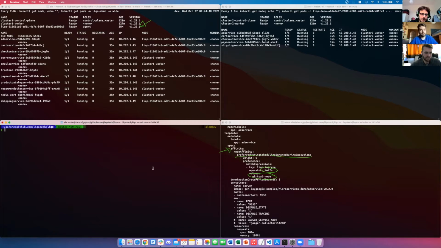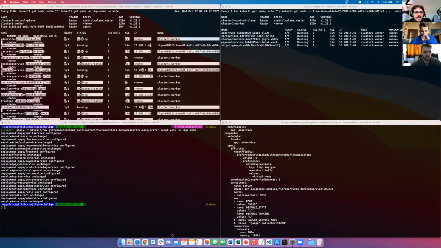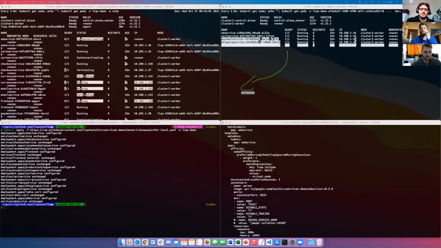Let's try to apply this new version of the application, and we can see that the first effect is a repatriation of the pods from the second cluster to the local one.